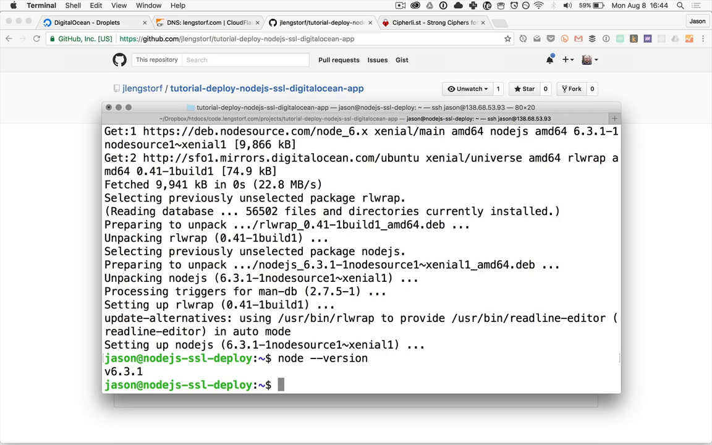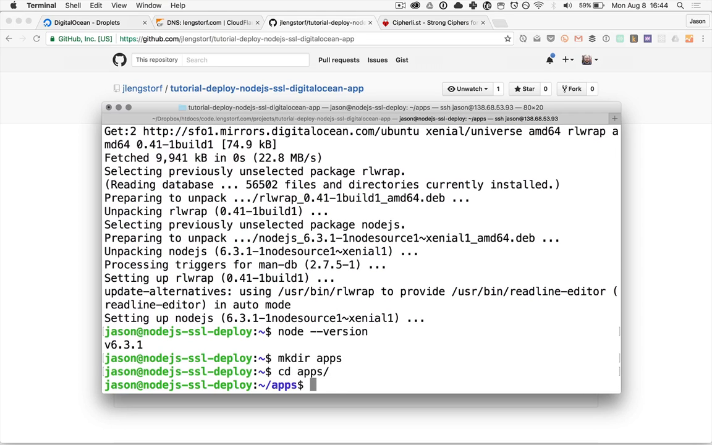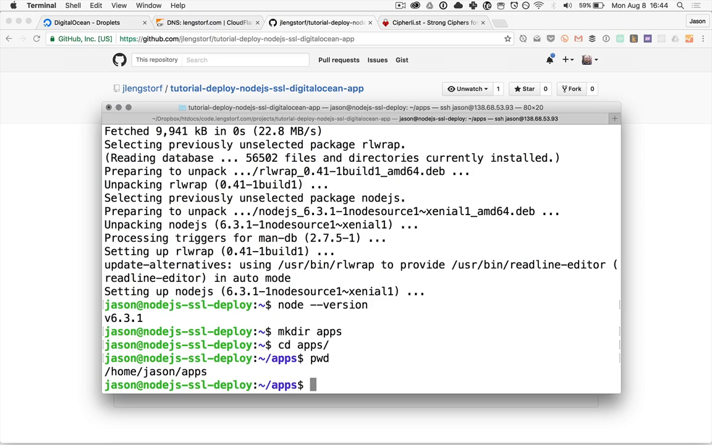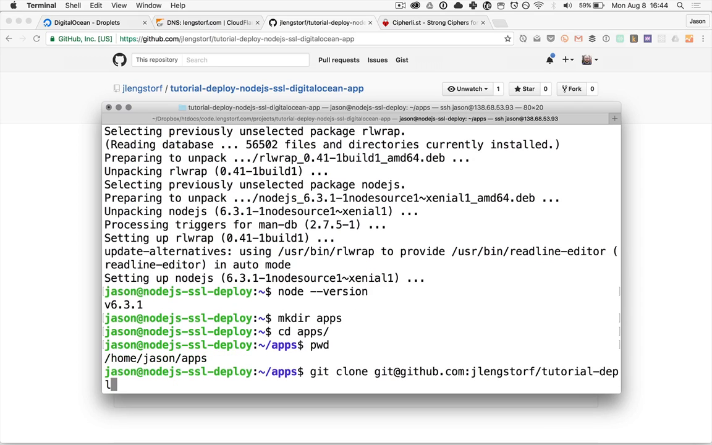You can put it wherever you want. I like to keep them organized, so I'm going to create a folder called apps, and I'm in my home directory. So let's get in here, and now you can see I'm in my home directory in a folder called apps, where I will clone git at github.com, and let's get my app. So tutorial, this is the worst repo name to try to type out, I am sorry. Node.js, SSL, DigitalOcean,